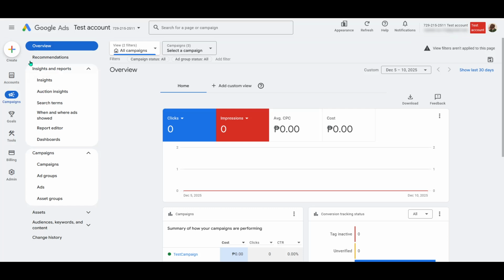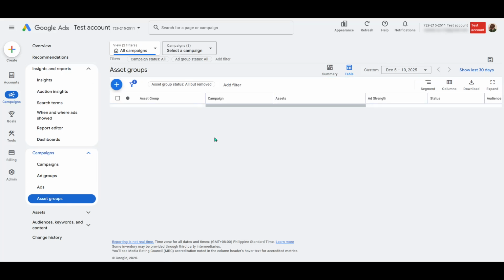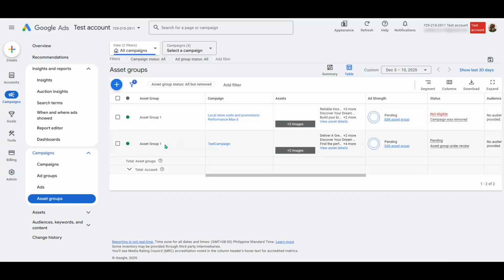Start by opening Google Ads and heading to Campaigns on the left-hand navigation. From there, look for Asset Groups. This is where your creative elements live, and it's the right place to attach a lead form so it can show with your ads. If you're managing multiple campaigns, make sure you're inside the campaign where you want the form